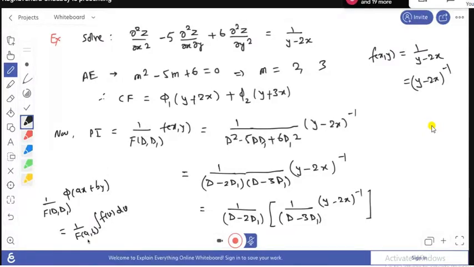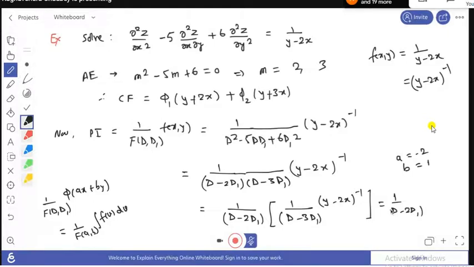नॉन जीरो होना चाहिए. मीन्स यहाँ पे अगर हमने वैल्यू ऑफ a देखनी है, so here a equals to -2, b equals to 1. Okay, so a equals to -2 and b equals to 1. So if we put here a equals to -2, so this becomes -2, and b equals to 1, so this becomes -3. So -2 minus 3, this becomes -1 here. Okay, so this equals to 1 upon D minus 2 D1, और ये